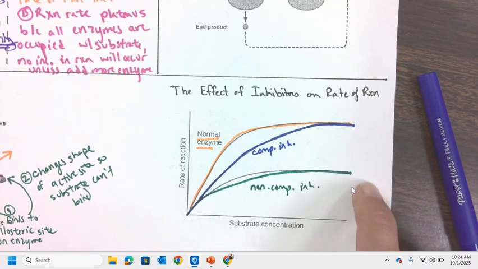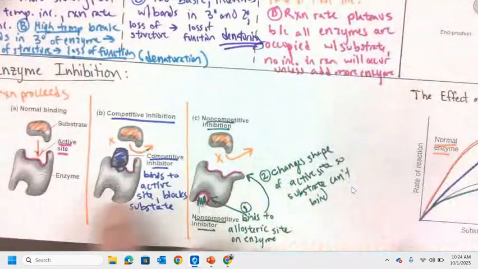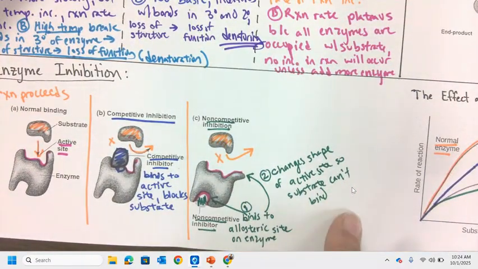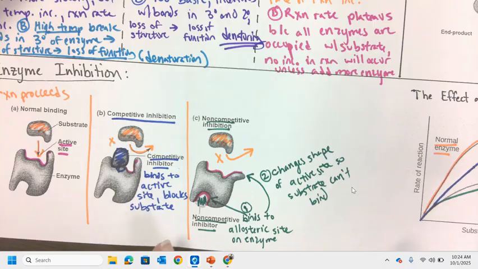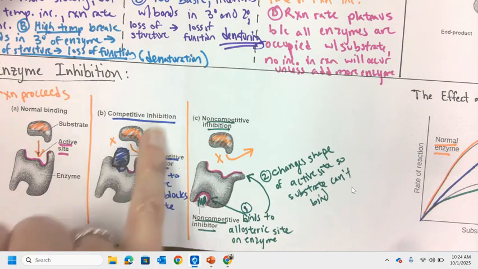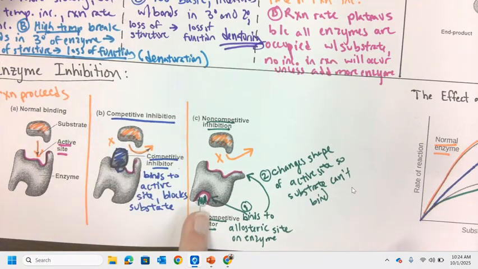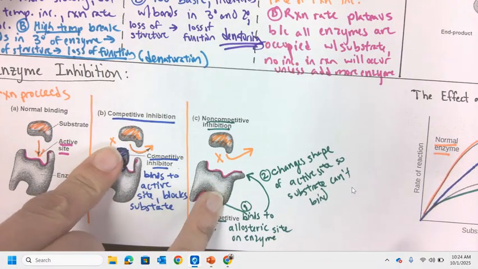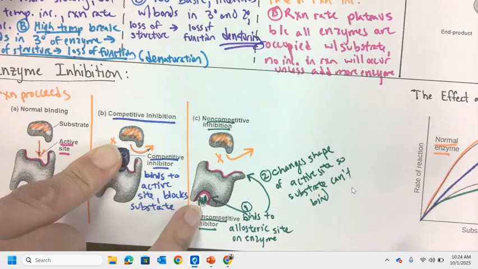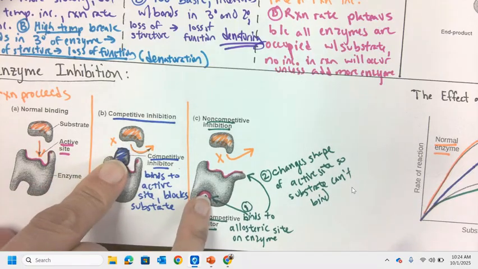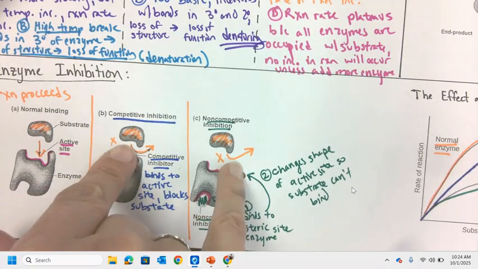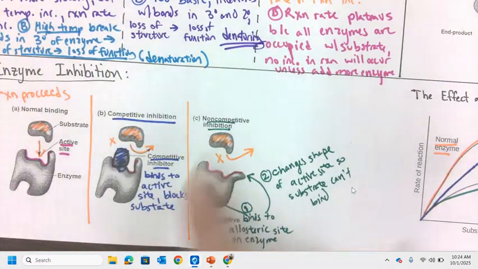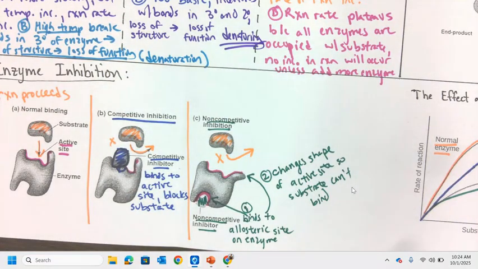Interestingly enough, both examples I shared here happen all the time in the cell to control activity of the cell. And they're not permanent. This competitive inhibitor can pop in and off and on. This non-competitive inhibitor can pop in and out. If you have a competitive or non-competitive inhibitor that permanently binds, that's a poison. That's like arsenic or heavy metal poisoning or some snake venoms or things like that. So both of these in the body normally go in and out, but if they don't, then that is